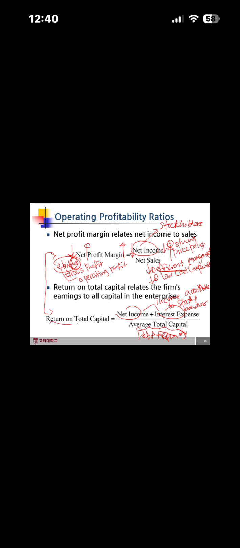So this ratio shows you how much income you generated using your total capital sourced from debt holders and stockholders. While net income profit margin is a profitability ratio, this return on total capital can be described as an efficiency ratio,